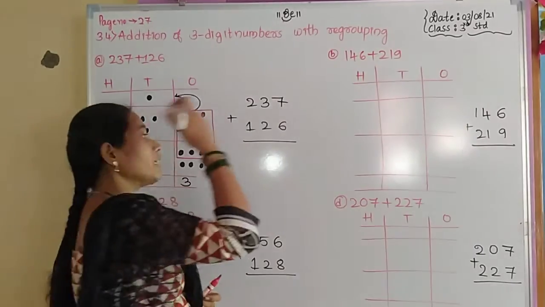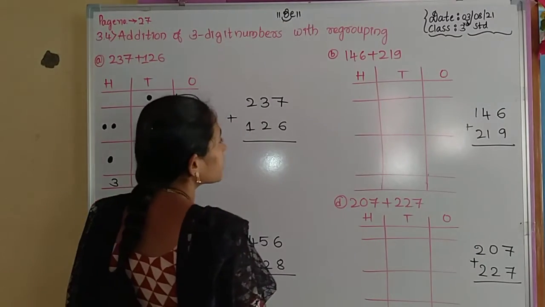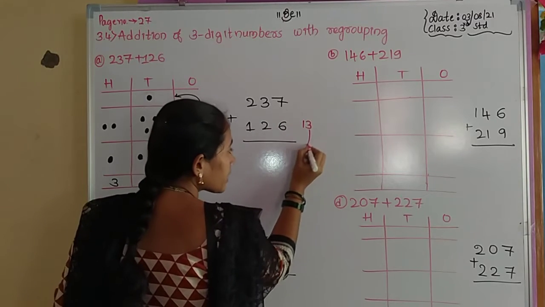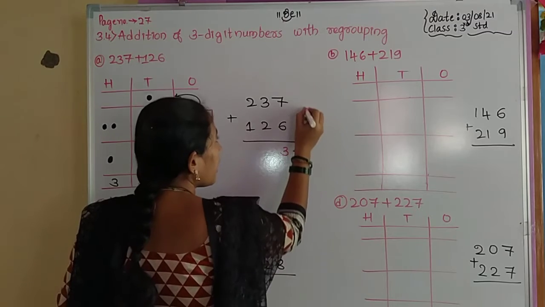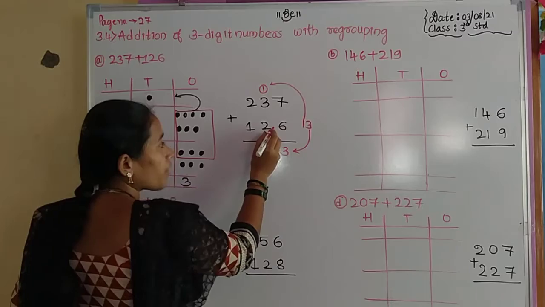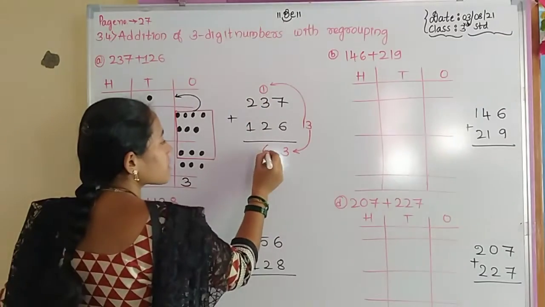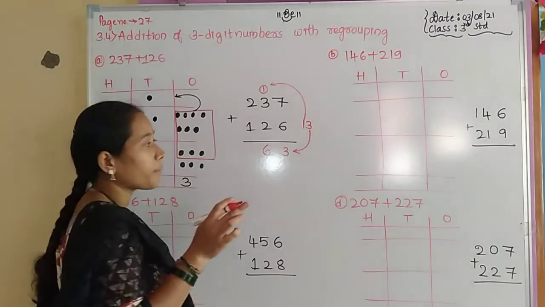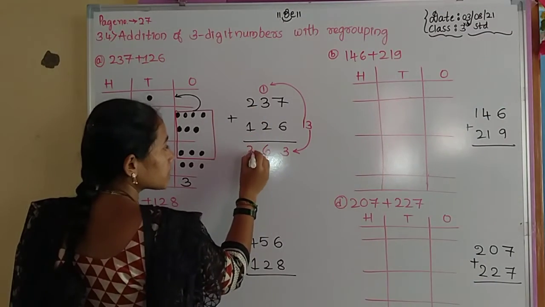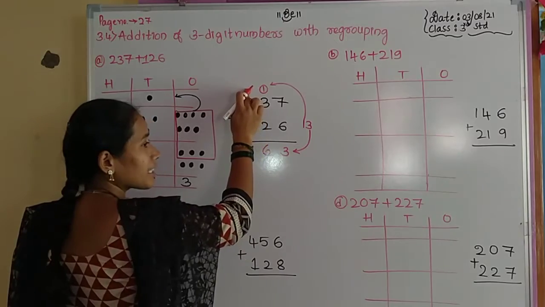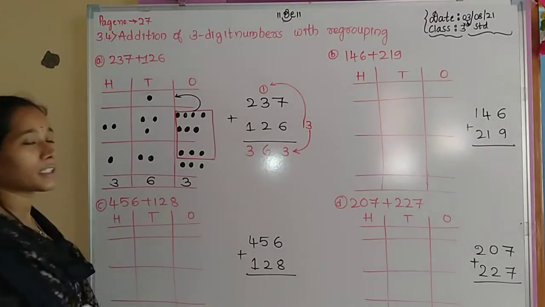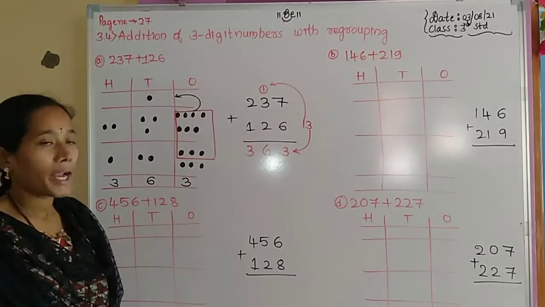See here, in 7 plus 6 we got 13. In 13, write 3 in the ones position and 1 is the carry for the next placement. Then 3 plus 2 is equal to 5. 5 plus 1 is equal to 6. So write 6 only, a single-digit number. Then in the next position, 2 plus 1 is equal to 3. Is any carry there? No. So add these two only and write the sum. 363 is the sum for the given addition operation.